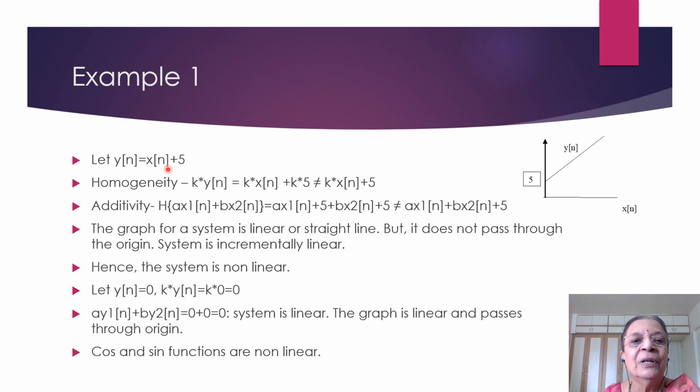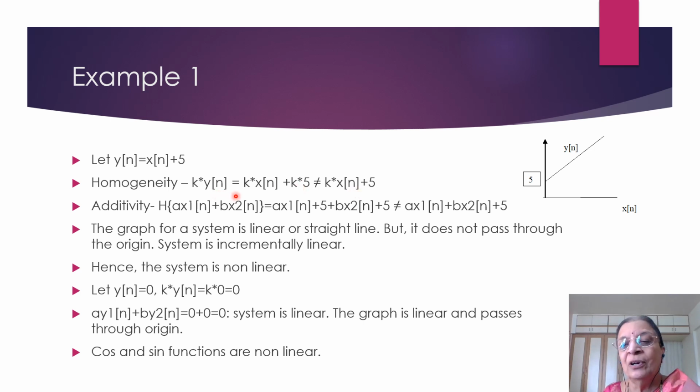Consider this example here. y[n] is equal to x[n] plus 5. So in this case the system has a bias. This particular system can be represented by this straight line. This is a transfer graph. Transfer graph means x[n] can be directly transformed into the y[n] using this graph. This is called as a transfer curve. So in this case this transfer curve has a bias of 5, and because of that, see, if x1 is multiplied by the factor of 5,